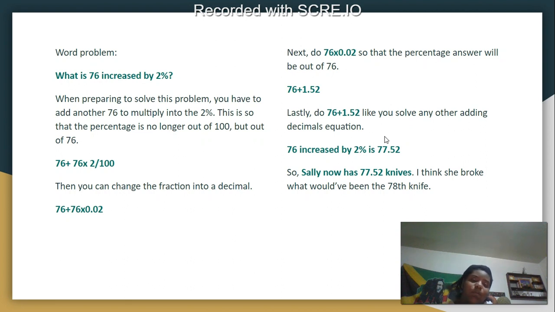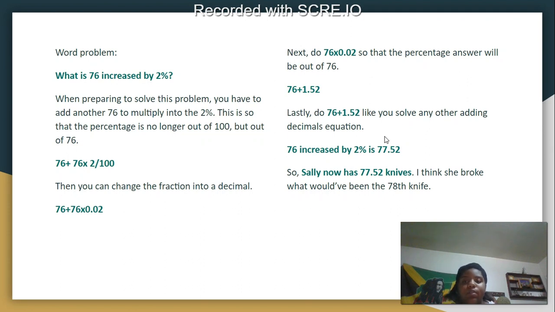But continuing on as a decimal, after you multiply 76 times 0.02, you would get